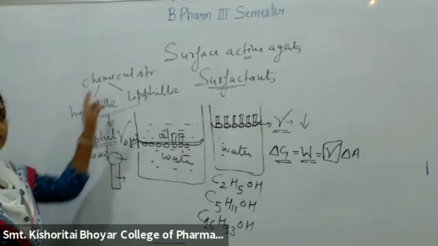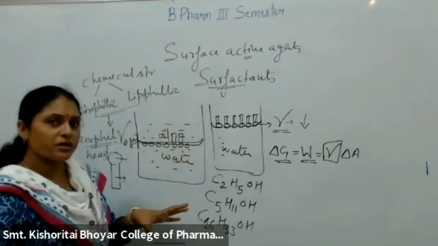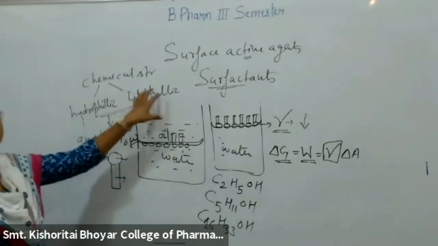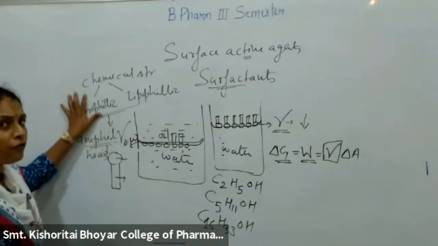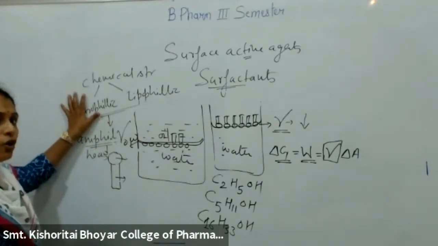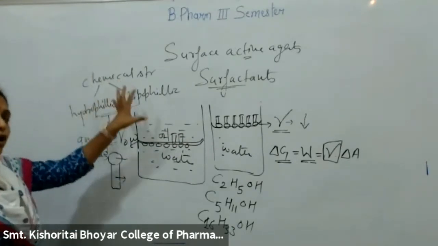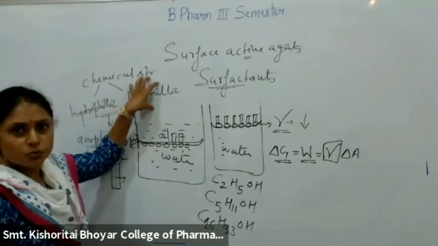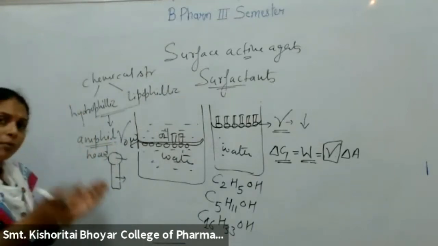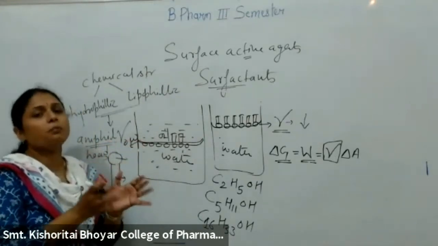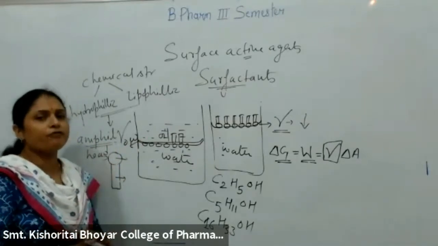We are talking here about a surfactant, and chemically it has groups present in it, that is, hydrophilic as well as lipophilic. If a molecule has only hydrophilic groups present, and no lipophilic group, it will not be termed amphiphilic, it will be a hydrophilic one. And if a molecule has only lipophilic groups present, it will be termed lipophilic. It cannot be called amphiphilic. Amphiphilic means when both types of groups are chemically present in it, then it will be termed amphiphilic.